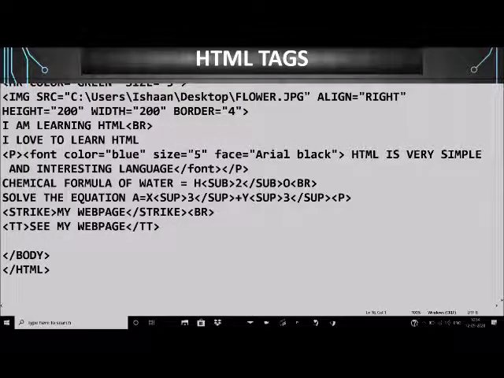First I'll give the heading to my list, and I want the heading to appear in bold, so I am using the B tag here, and then I am giving the heading to my list: roll number wise list of students.